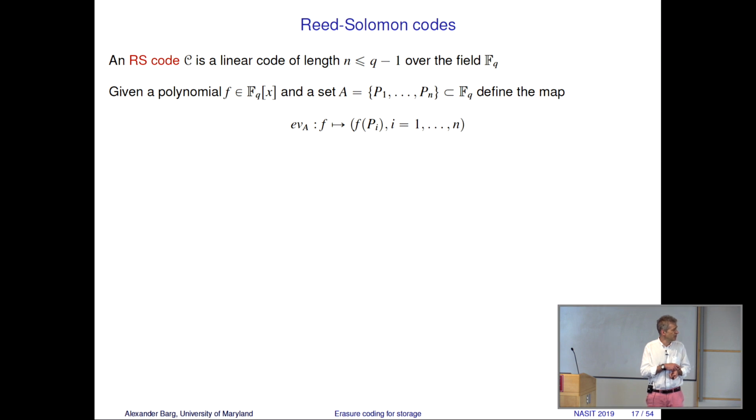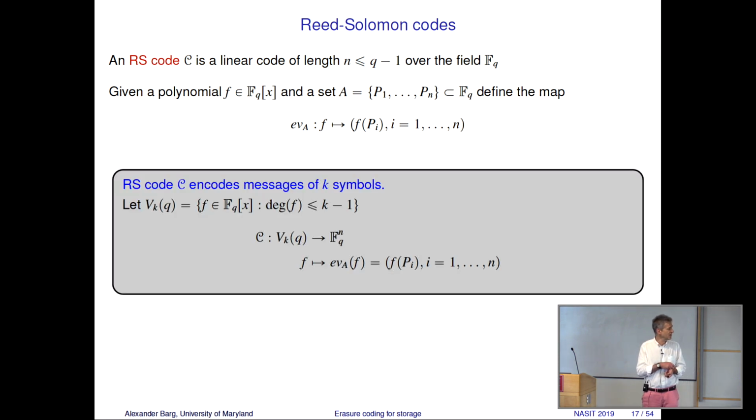Given a polynomial, we construct a code word as described on the previous slide, and again written here in this equation. So this is a formal definition which does not say anything else on top of what has already been said, except expressed in mathematical terms. We define the evaluation map, and we form a code vector. So a Reed-Solomon code is a linear map of a k-dimensional vector space over the field onto the n-tuples over the finite field Fq.